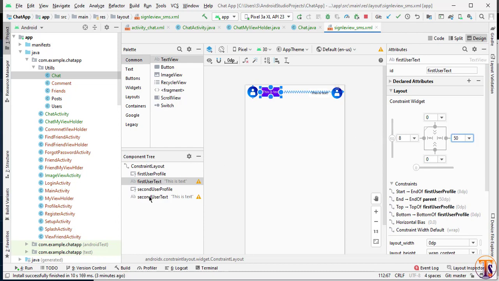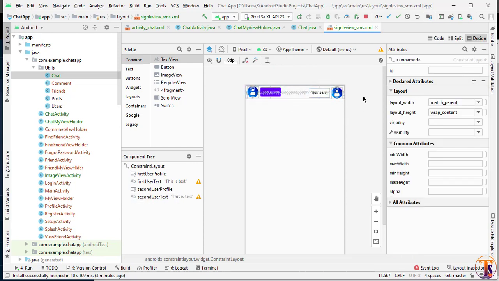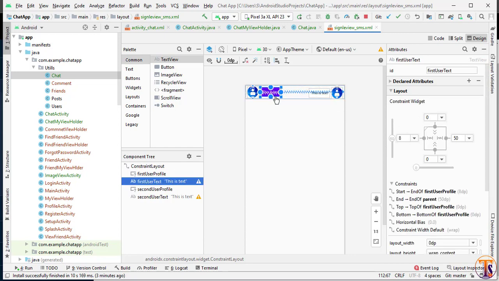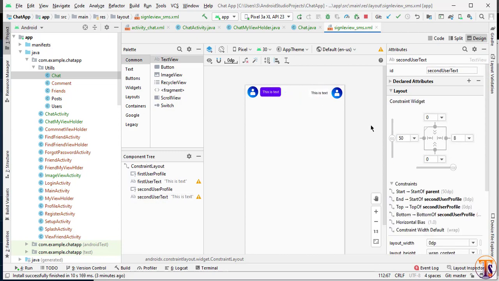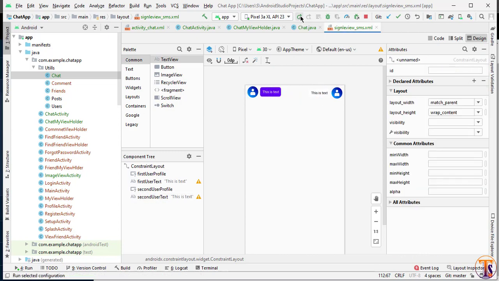And now select the second text view and add the constraint to the parent, not to the image view. So again here I will select 50 dp. Okay, now I think our problem is fixed. We have to check this text view, no margin, again this one. Okay, so let's run the application again.